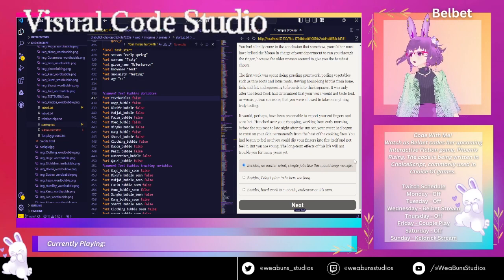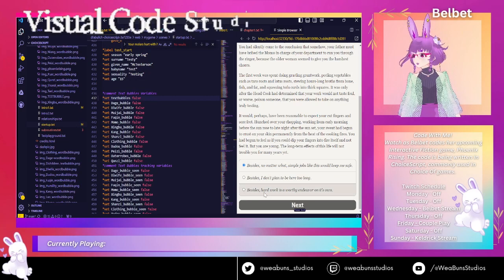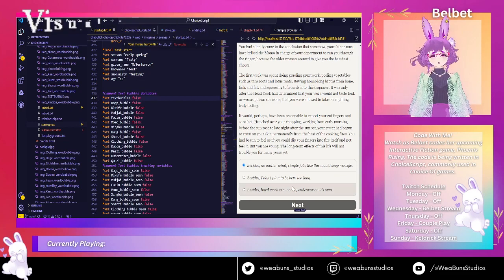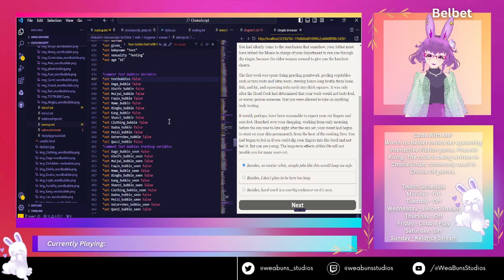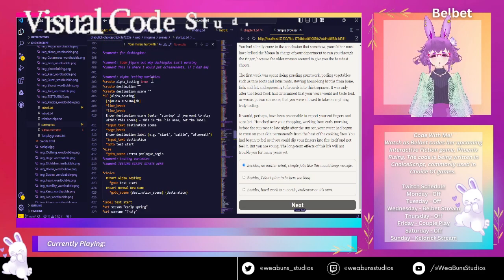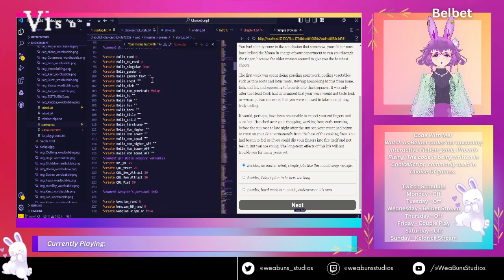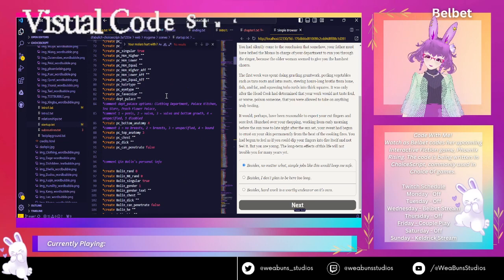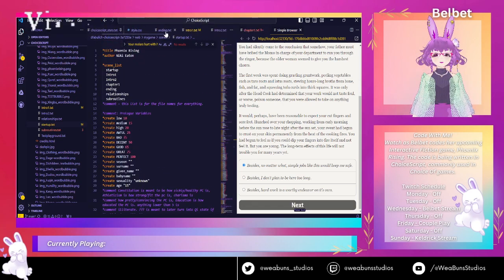I sincerely hope you guys can hear me, but I can't tell if the lip flaps are working on this model right now. So basically, we're going to go ahead and, since the text bubbles are a lot of work, I'm going to remove them, because I just straight up don't want to do all of the visual design that I have to do for those. So we're going to come in here and we're going to go to the